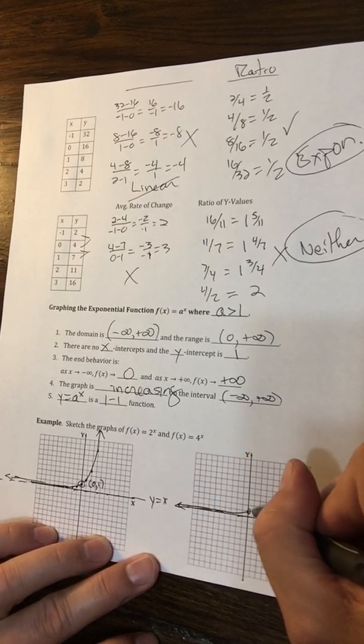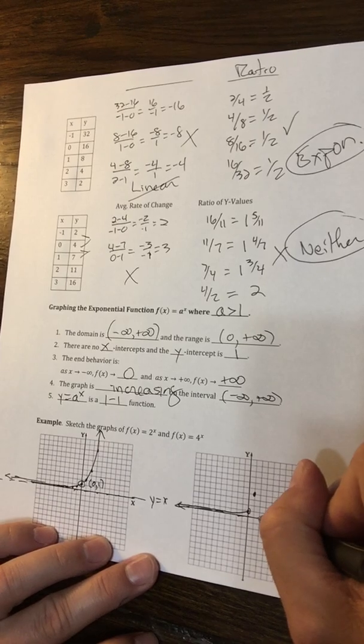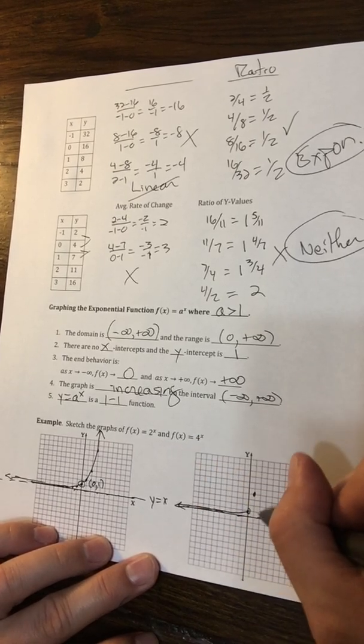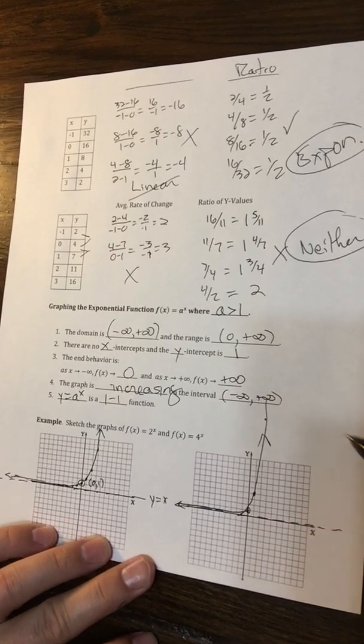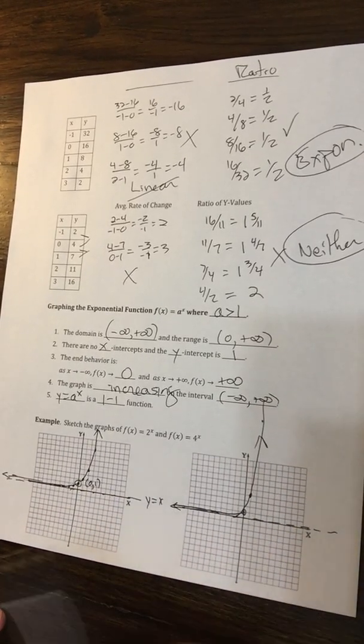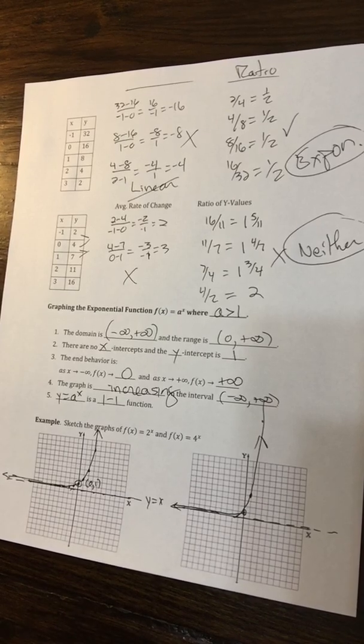4 to the 1 is 4. 1, 2, 3, 4. 4 to the 2, when I put a 2 in, it's 4 to the 2. That's 16. That's way up here. So what happens is this one takes off a lot quicker. So it's a little more steep right here. Okay? There's your notes for the first day of section 5.3, and there's a little, won't take you very long